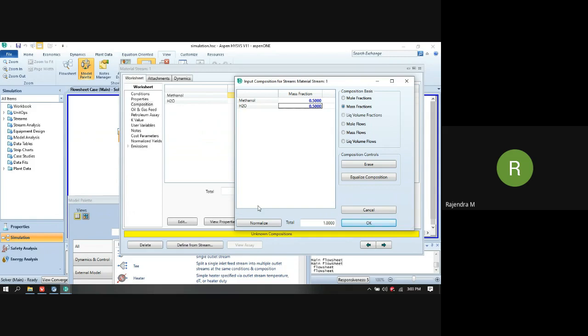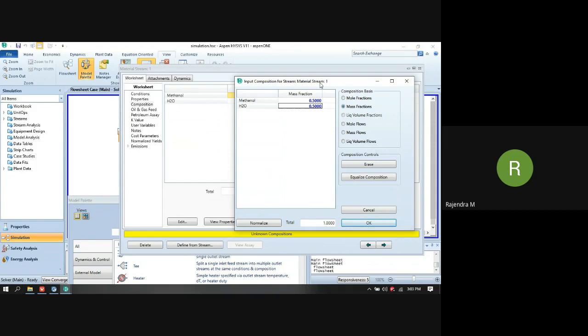So many gases are there. The client sometimes provides limited data, like a range of the data, and some of the values they will ask you to assume based on the literature or your experience. In that case, the summation will not be equal to 1. In that case, you can just click on this Normalize tab and it will adjust the fractions of all the components in such a way that the summation will be equal to 1. Okay.